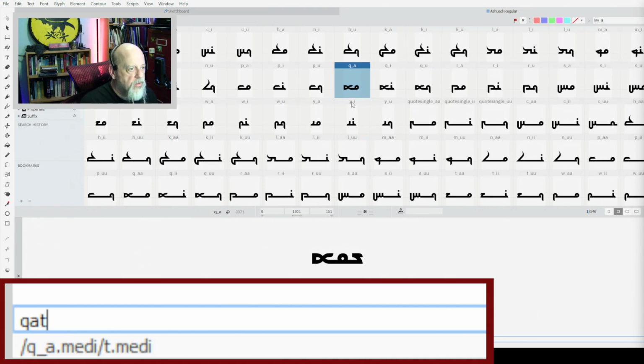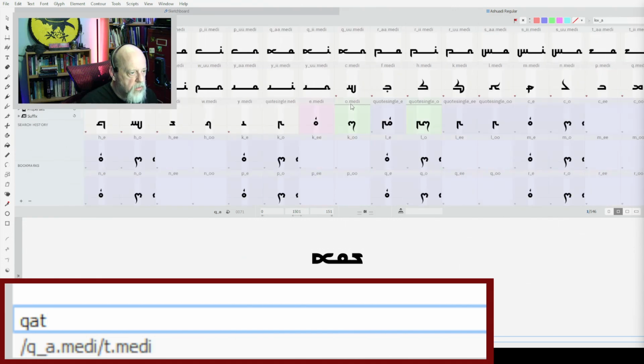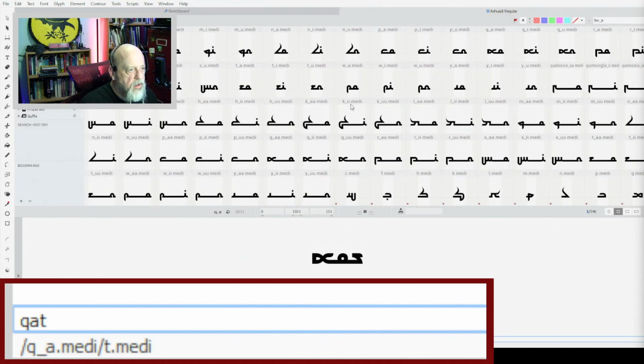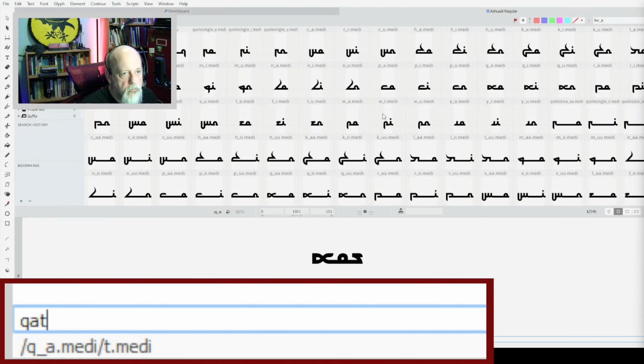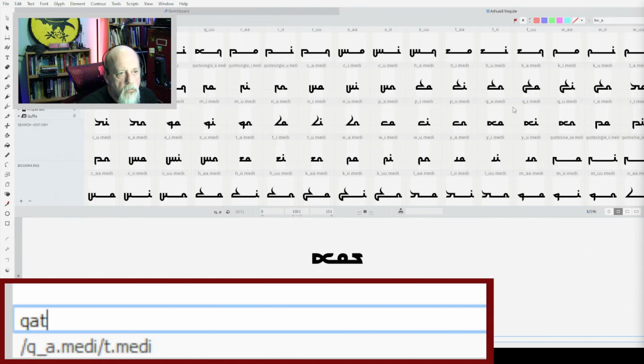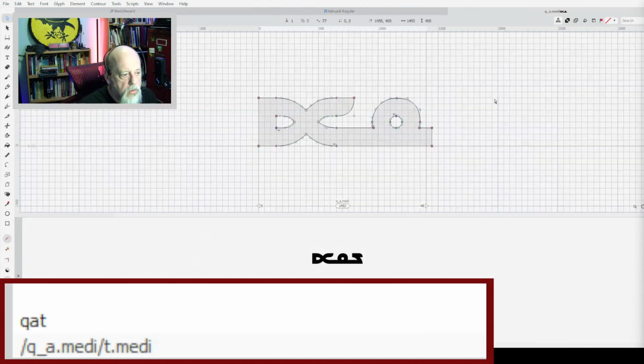So I don't know where that is in here, but if I go down here to the medis, they should be in order, but of course they aren't. There, that's QA medi. Medi meaning medial, which is the internal form, if you want.